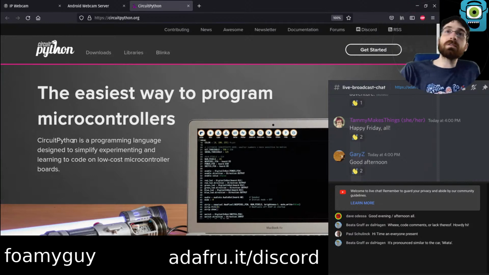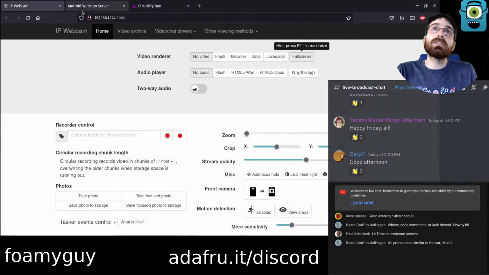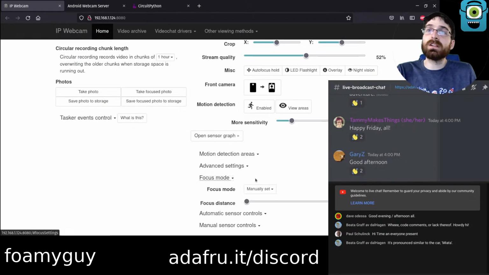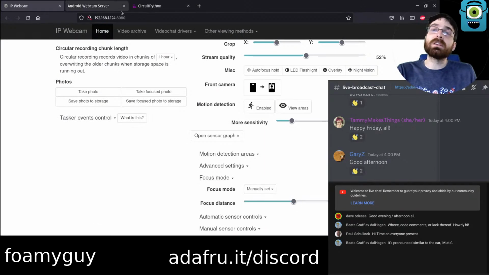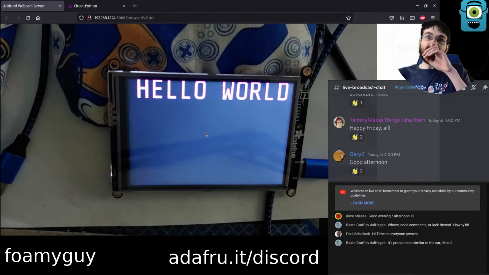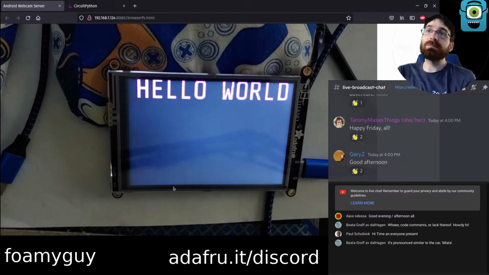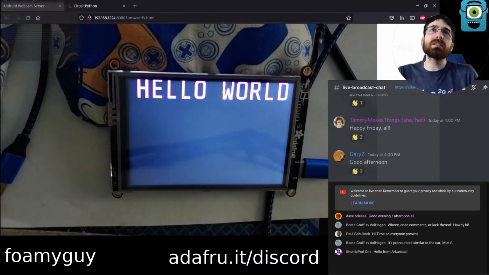So specifically what I'm working on today is in the display IO realm. I have this device pulled up, which is very fuzzy. Let's fix the focus real fast. Much better. The microcontroller that I am working on is called a PyPortal Titano, and it has a nice big color touch display built onto it. Let me turn the light on as well, because this does wash out the colors pretty bad.